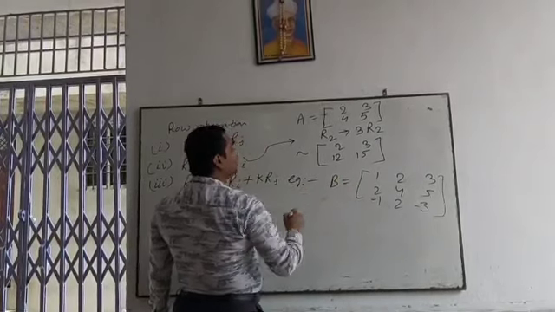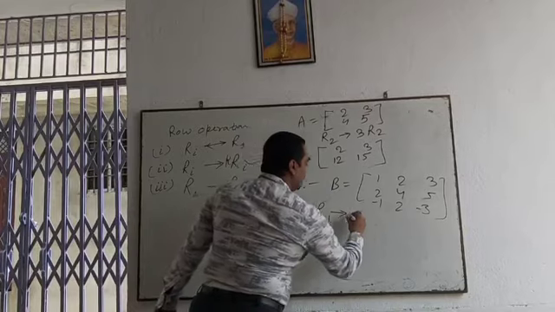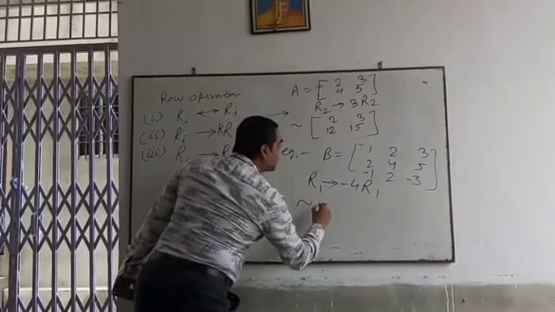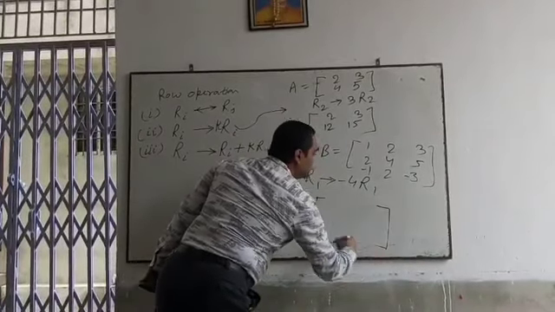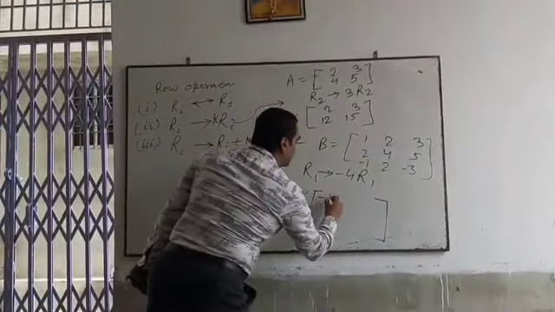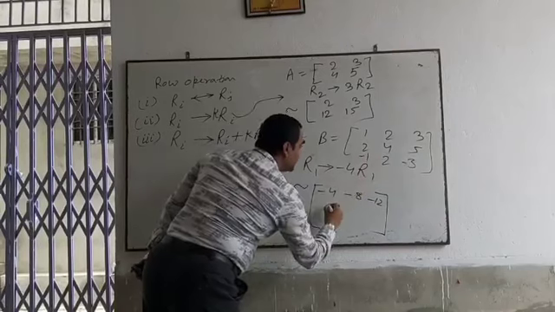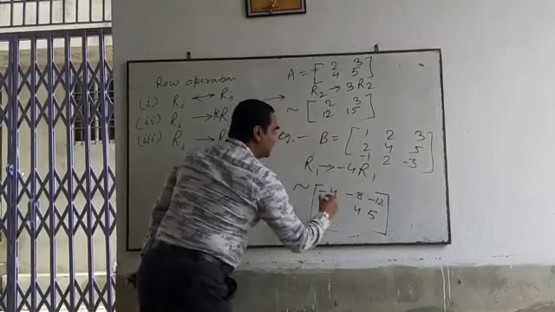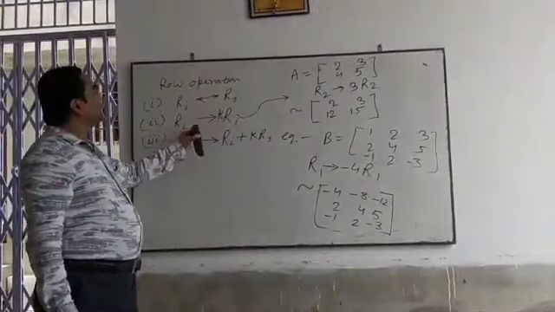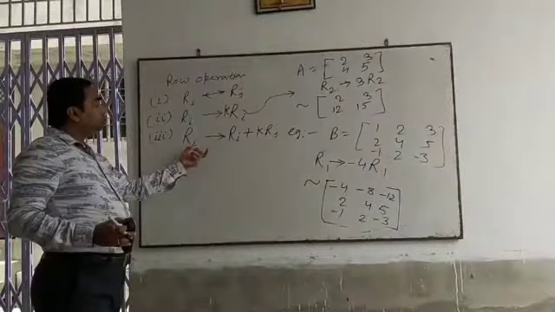Okay, now come to this portion in terms of the third order square matrix. Now here I am just going to use the operation keeping in R1, minus 4 into R1. Then the equivalent matrix so formed, that is your R1. In R1 we have multiplied with minus 4. Then here it is minus 4, minus 8, minus 12. R2 remains the same. Then R3 is minus 1, 2, minus 3. It is the actual meaning of the second row operation. Understood?